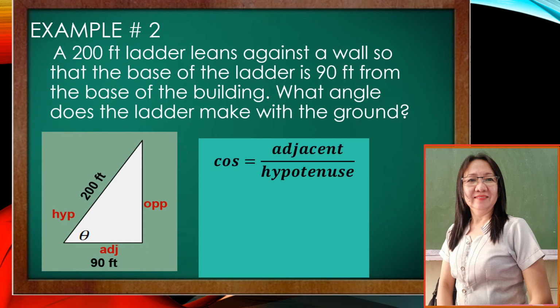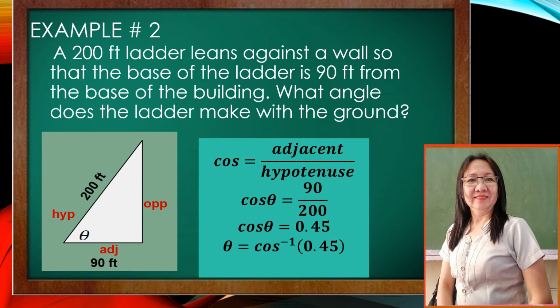So we have to use cosine, which is adjacent over the hypotenuse. So by substitution, cosine theta is equal to 90, which is the adjacent side, over the hypotenuse, which is 200. So simplifying 90 divided by 200 will give us 0.45. And then using your calculator, we have shift cosine, then the value of 0.45 will give us theta is